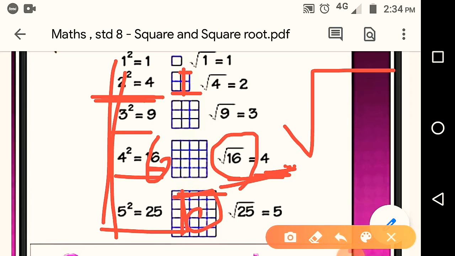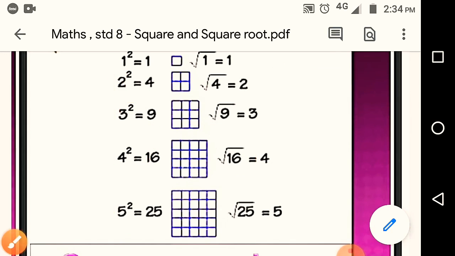Here 3 square is 9 and here root of 9 is 3. So here this 3 is called square root and here this 9 is called square. Are you getting it? So same way here 2. 2 is the square root of 4. So 4 का square root क्या होगा? मतलब कौन से number को 2 times करेंगे तो 4 आएगा. So square root of 4 will be 2. So this is the meaning of square and that is the meaning of root. So this was about square and how to find out square root.